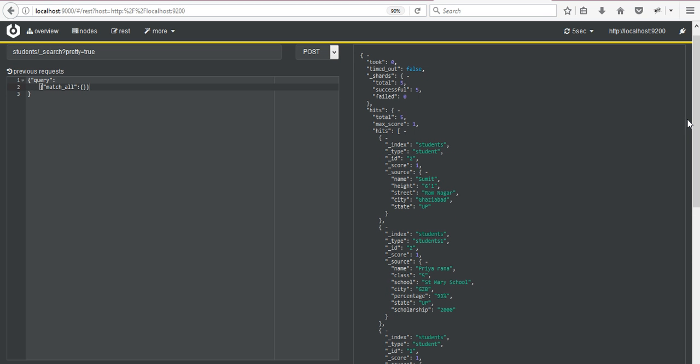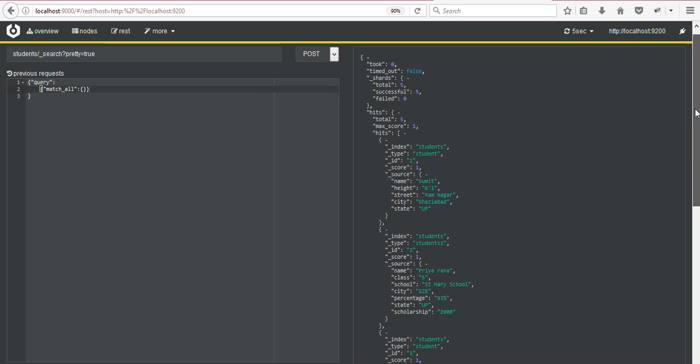Now the next will be the index API. Index API is basically used for adding or updating the JSON document in an index when the request is made to the respective index with a specific mapping. Now here you can see at the top,